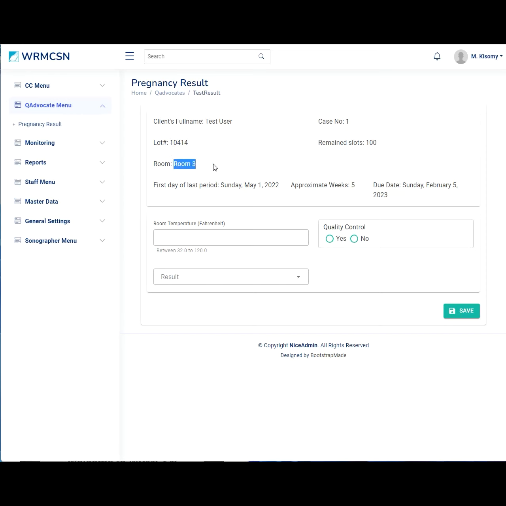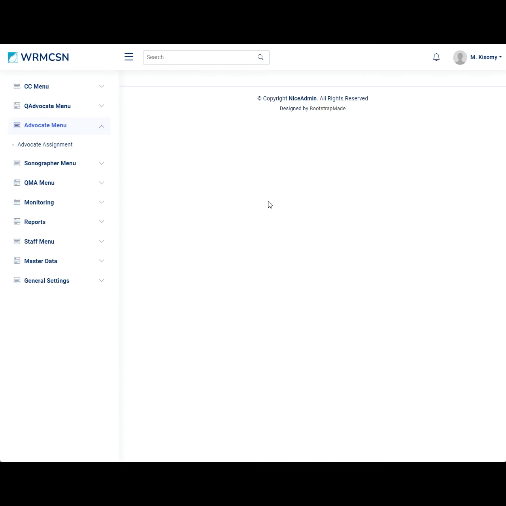Room 3 is the room that I have to put her, and then according to her information about the LMP, it just shows me the approximate due date and everything here. So let's enter the room temperature, and then the quality control for the test and the result. Let's put these numbers here. Okay, I added the data for the test result,